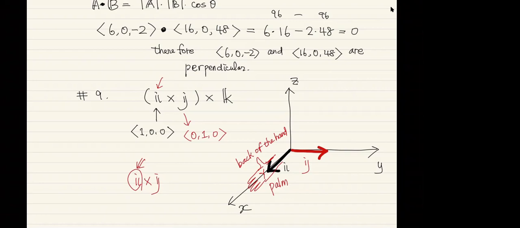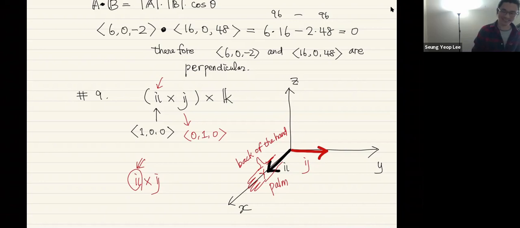Oh, okay. So if my fingers point to X and then my hand is curved to Y, then my thumb will be up. Yeah. Okay. Thank you. This right hand rule is not only used here, but also in electrodynamical systems,